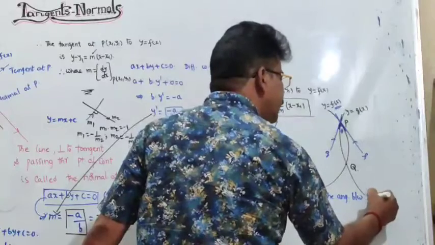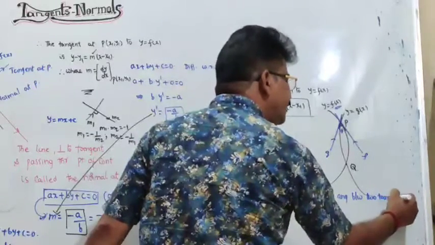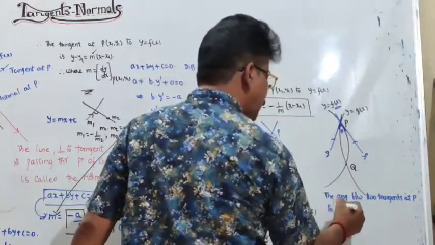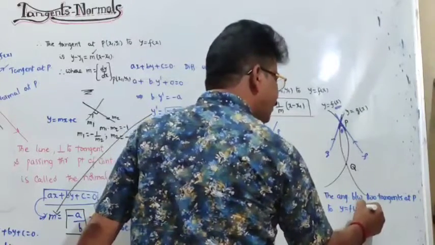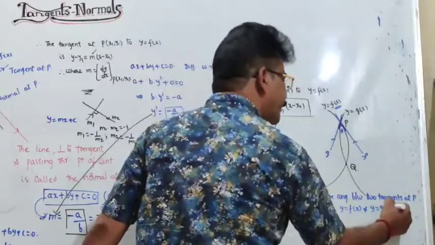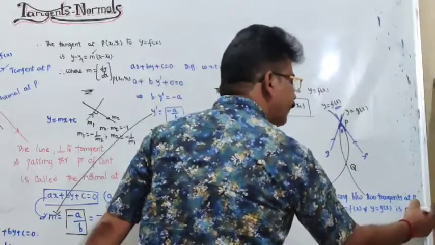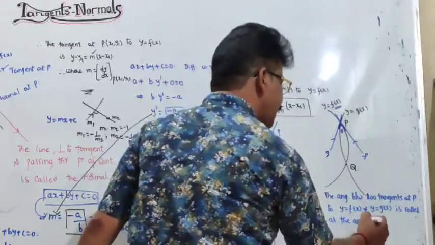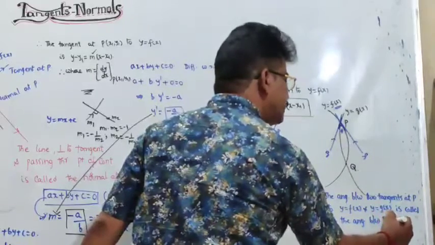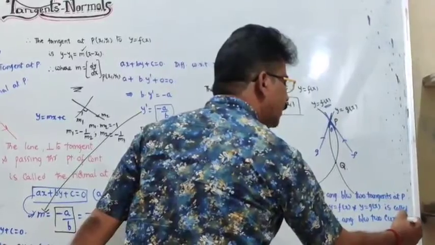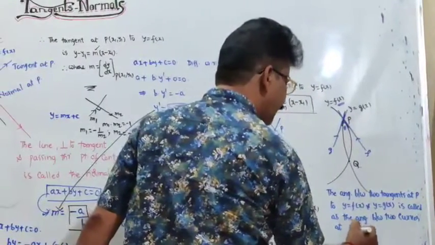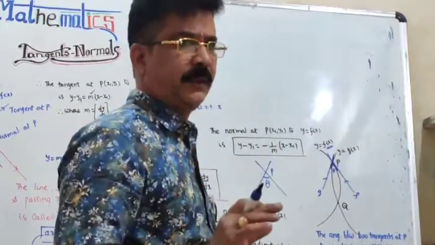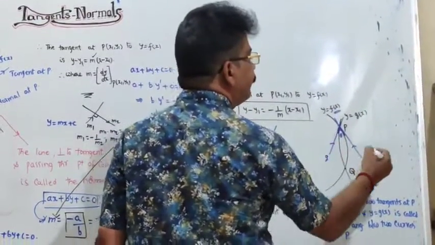Therefore, the angle between two tangents at capital P to y equal to f of x and y equal to g of x is called the angle between the two curves at capital P. This is the definition of the angle between two curves. Next, actually, the angle